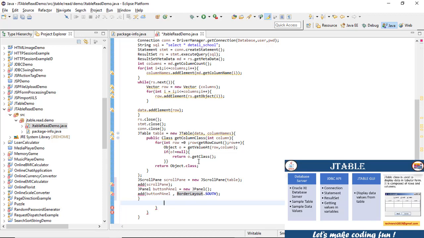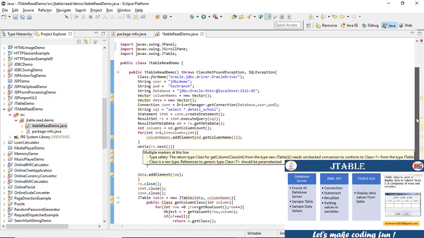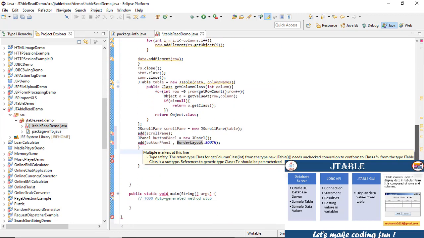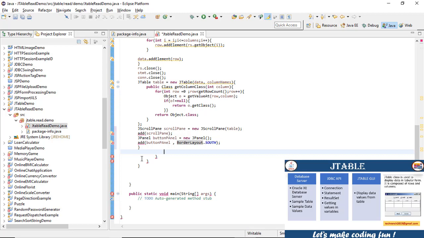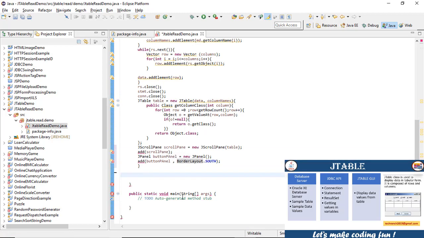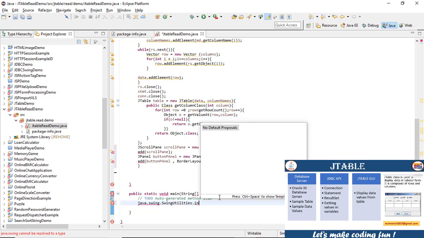Next, we are going to implement it in the main method. So next implementation is under the main method. We'll fix the errors later. Let's first finish the implementation. So main method will include your SwingUtilities.invokeLater,